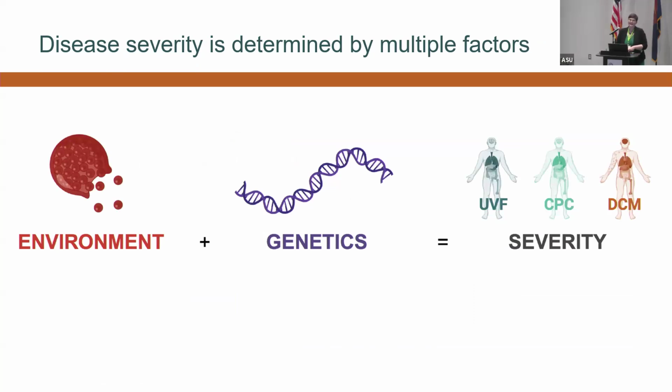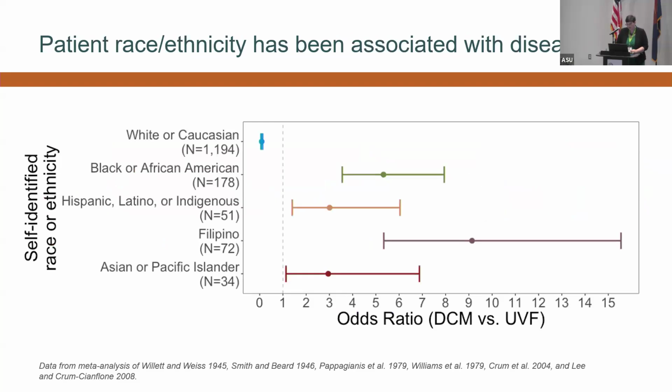The basic idea of host susceptibility to coccidioidomycosis is that we know that there are environmental factors. We know that if you're working with dirt all the time, you're much more likely to get disease. We know that if you are male, you're more likely to have disseminated coccidioidomycosis. And we know that there are inborn errors in immunity, like Dr. Su has published on, that can influence whether or not you get disseminated disease. One of the most controversial has been that many of you have shown in your epidemiological studies that individuals who have certain races or ethnicities are significantly more likely to have dissemination.